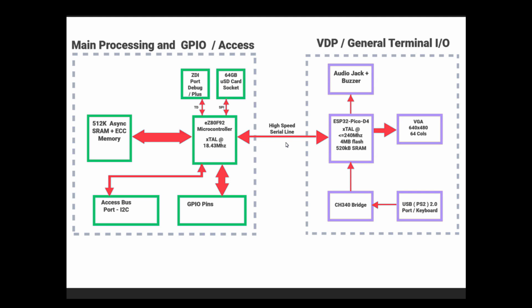Partially because I don't know it all, but that's running just over 1 megabit I think in speed, so that's pretty fast, and it still manages to do an amazing job really from what I've seen so far. So really that's all there is in terms of the board layout, where everything is on an individual chip level, some explanation of what the specs are, and then how it all hangs together. So that's covered the hardware